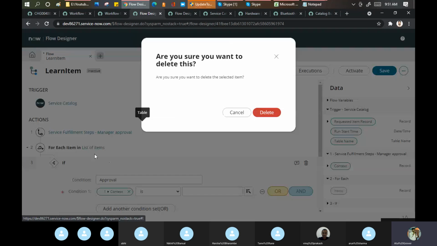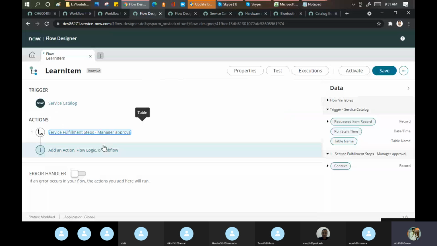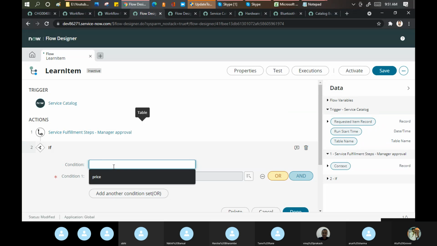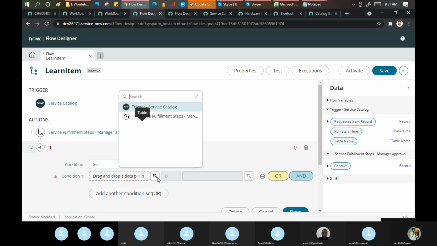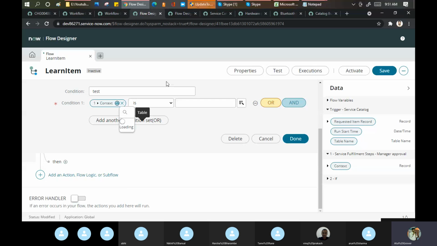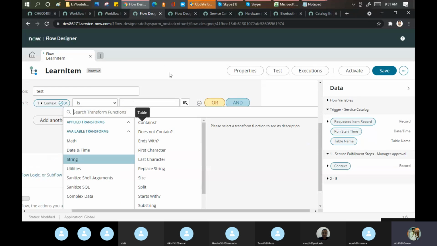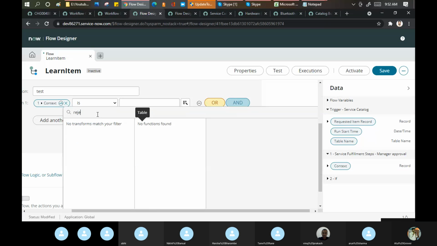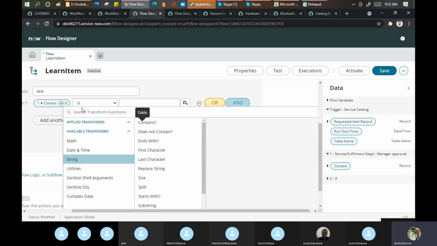Maybe I put something wrong here. It's not working for me properly. Now if I go here and put the if condition here, why is it not showing rejected here? That is my point. Okay, no worries, guys. I'll do some R&D on that part, and we'll try to make this a little simpler for you, so that we can understand which value it's picking up from this context.